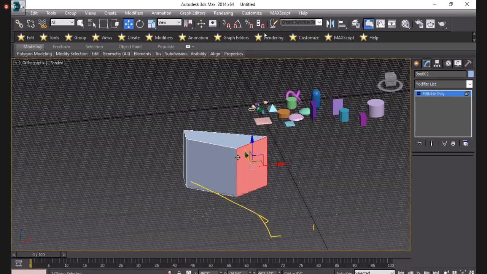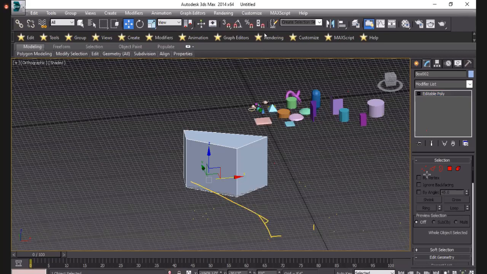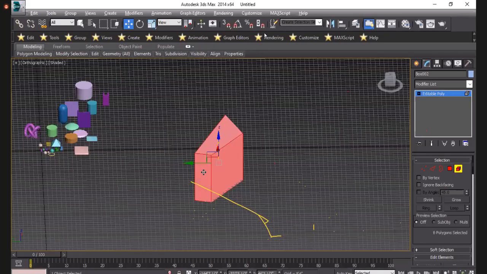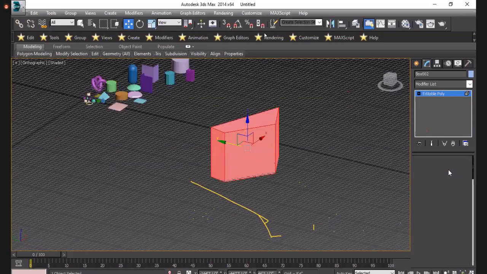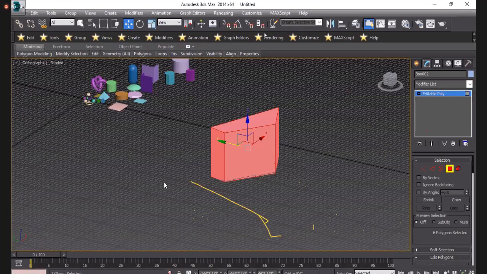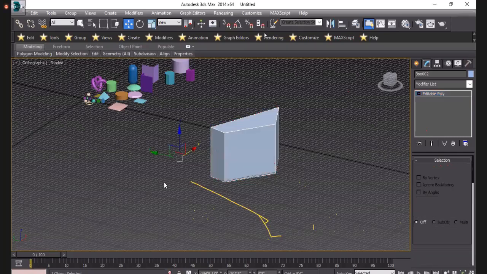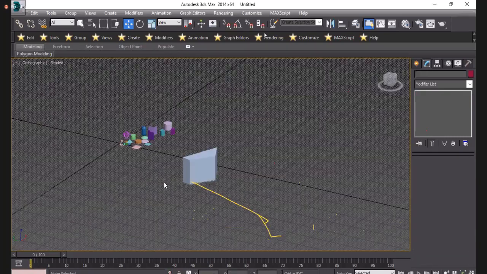You can simply click on element and you can edit all the objects you have. Okay, so like that. It is our editable poly command, which is used for object editing.